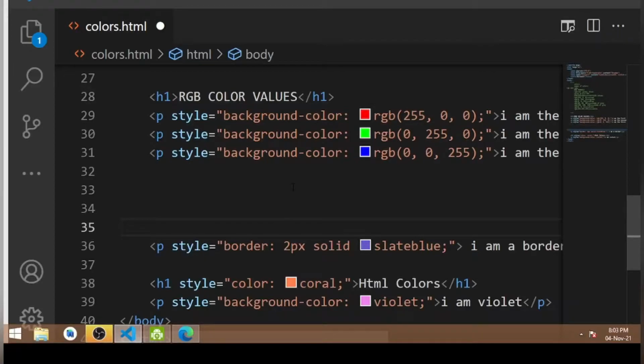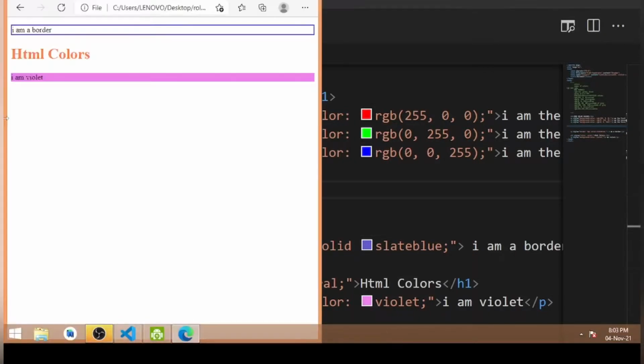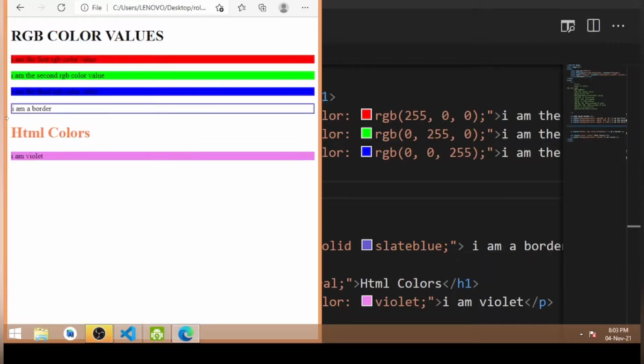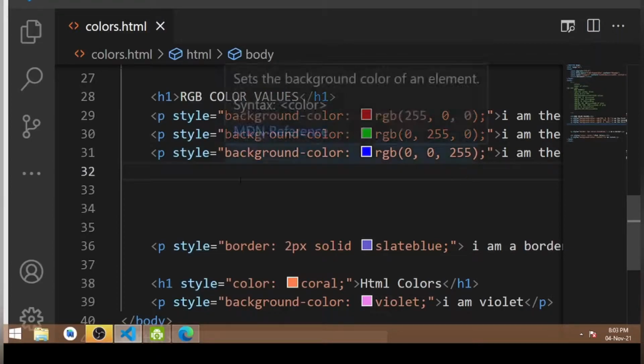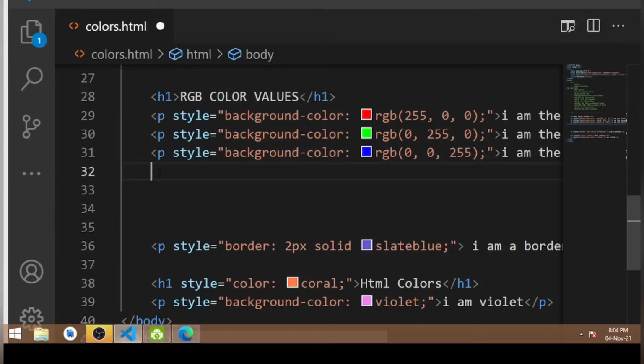Now it is done. Let's go to our browser, refresh it, and there we go. You can see we are getting the colors: the first one is red, the second green, the next blue. Now we are saying that if you specify the same values for the RGB,